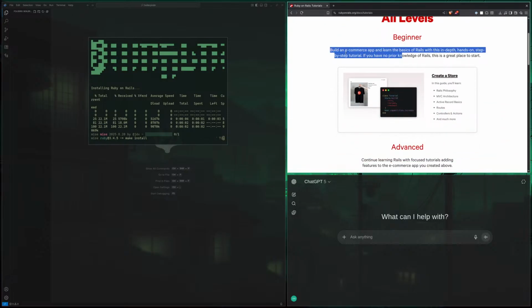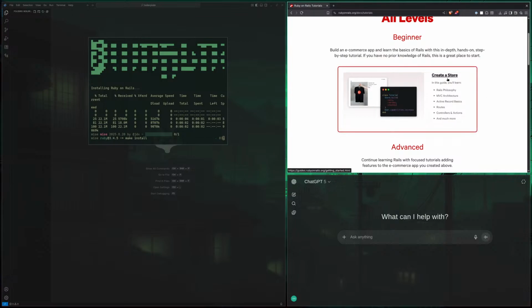Beginner. Build an e-commerce app and learn the basics of Rails with this in-depth, hands-on, step-by-step tutorial. If you have no prior knowledge of Rails, it's a great place to start. Well, sounds like me.